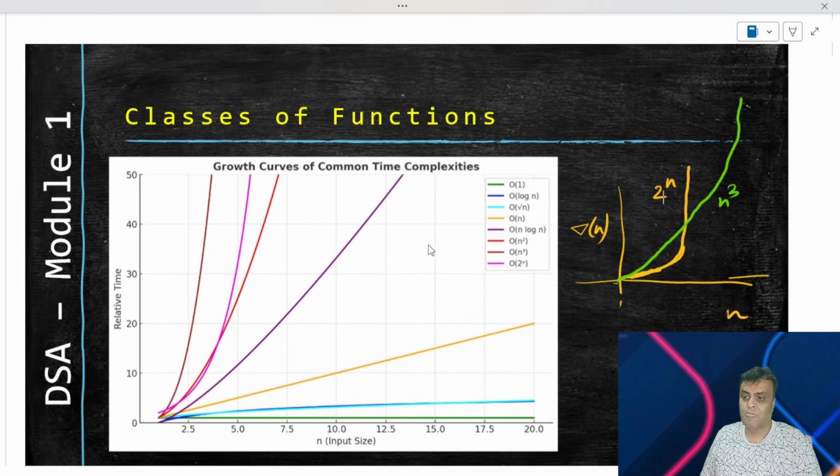Now, I have not finished this particular module because we still have asymptotic notations, and we still have linear search and binary search to do. That is why I have not done the most probable questions that can be asked. So I'll do it in one shot in the next lecture, which will cover the time complexity that we discussed here, as well as the asymptotic